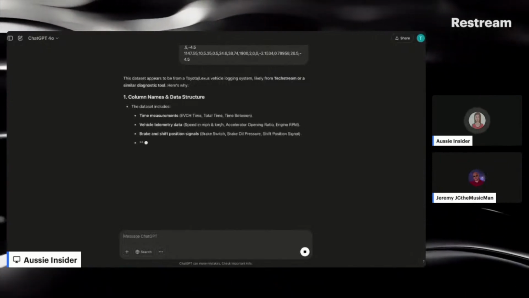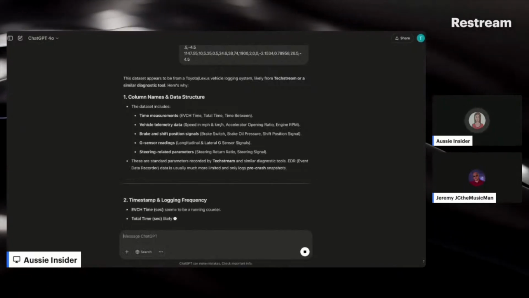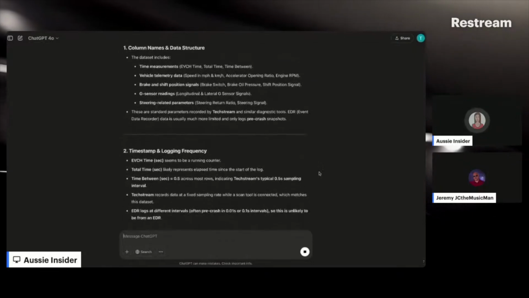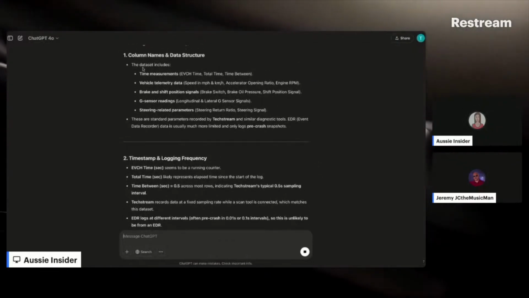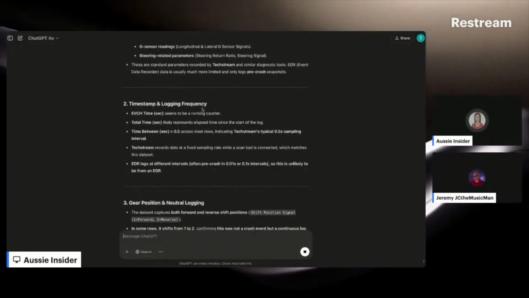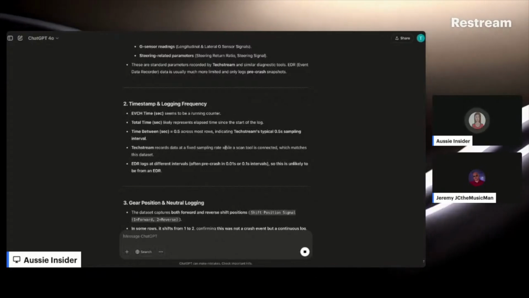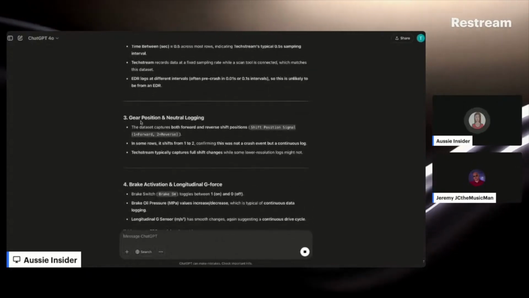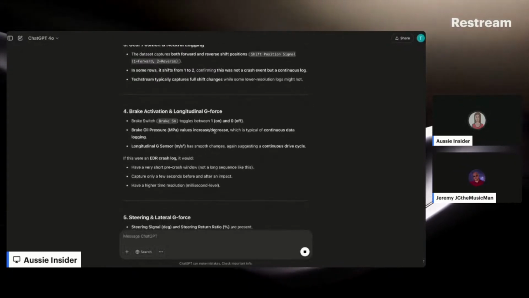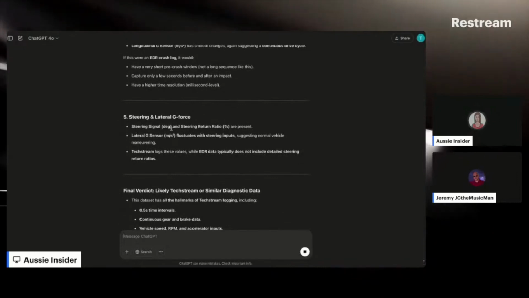This data set appears to be from a Toyota Lexus vehicle logging system. Yeah, I just told you that. Likely from Techstream or a similar diagnostic tool, given the column names in the data structure, the timestamp and logging frequency, which is the EVCH time, and the gear position and neutral logging, the brake activation and longitudinal G-force, and then the